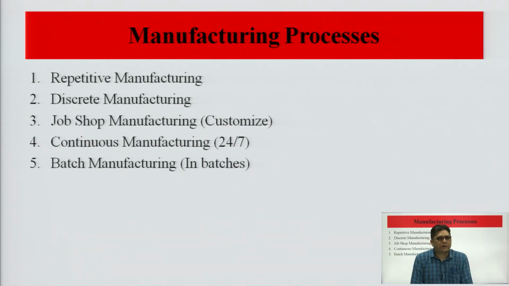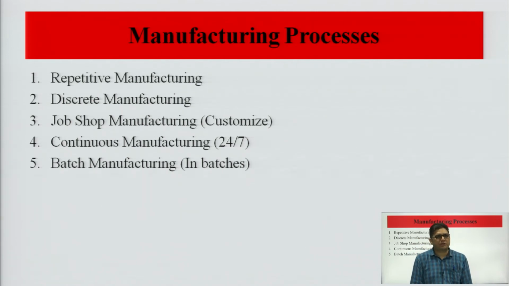Let us take two-wheelers: they are in demand now, and in the next few years they are also going to be in demand. Milk is still in demand, and in the next few years it is going to be in demand. So, in repetitive manufacturing, the objective of the organization is to produce the same product for a long span of time